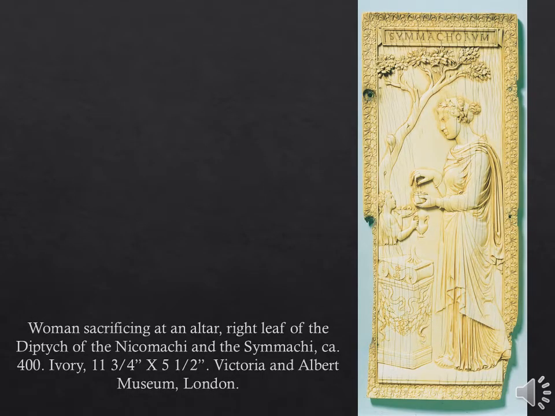This is another ivory piece, and it's indicative of an interesting change of events that occurs during the late Roman Empire and the early Christian era. The Emperor Theodosius banned all pagan cults in the year 391. Now that's pretty significant. So Christianity had been banned in the empire, and Christians had been persecuted.